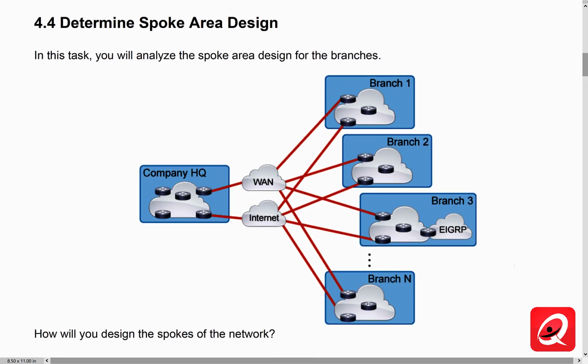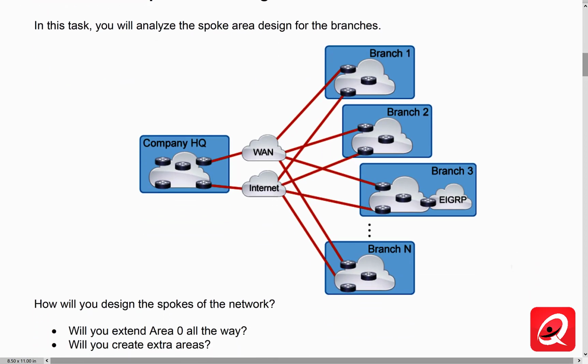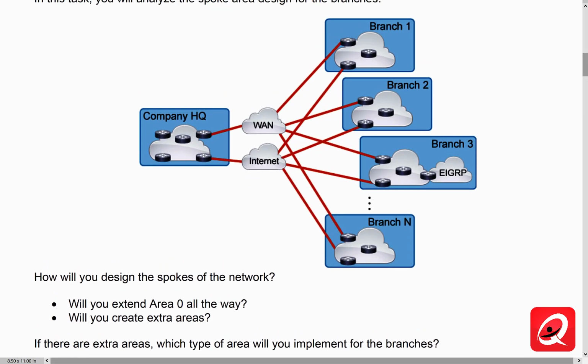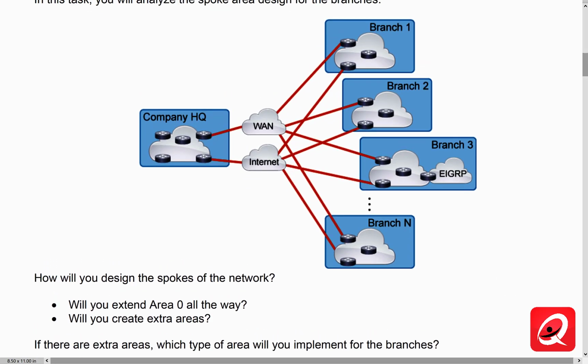Determine the spoke area design. So we're going to analyze the spoke area design for the branches. How will you design the spokes for the network? Will you extend area 0 all the way? Will you create extra areas? I don't think in this case that we would have to create extra areas. The spokes are going to get placed into area 0,